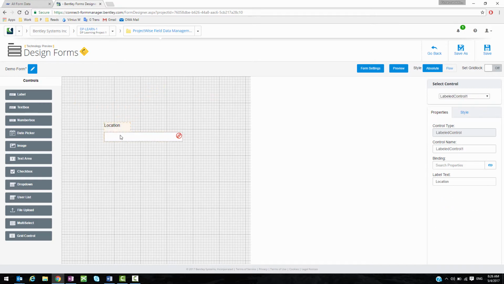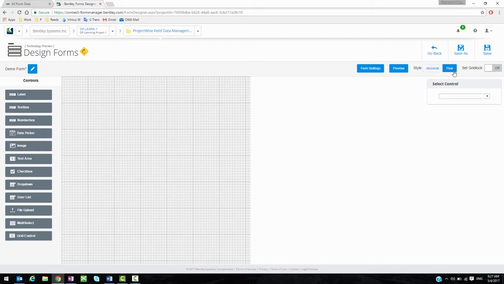So now if I want to have the reactive controls to my orientation and to the size of a screen that I open the form on, I'm gonna change it to flow mode. So now if I change to the flow mode and if I add the same control and I say has label, I can put the same label text location. And now to be just a little bit smarter on the width of the control,